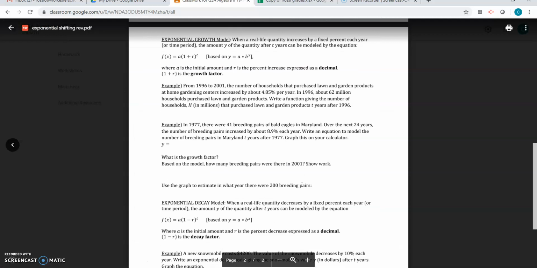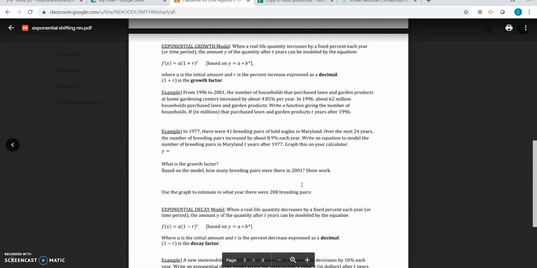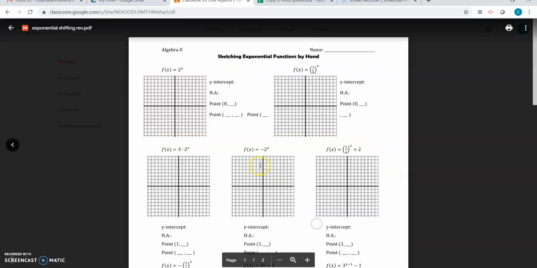For day two, which this video is going to help you with, you'll complete this using day one's videos, and then you're going to use the information given here, a(1 + r)^t and a(1 - r)^t. You're going to need those equations in order to do this half sheet right here. So I'm going to take these,